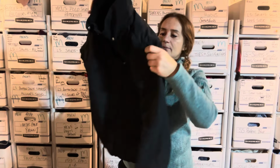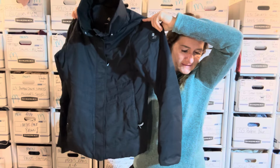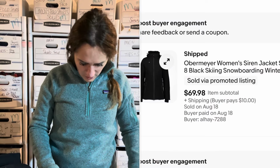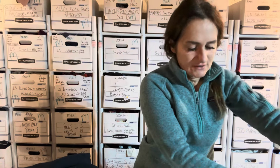Now I do promote my listings, so okay, what else have we got? This Obermeyer jacket, I'm pretty sure came in my last Mixed Women's Rescue boxes. This was missing the hood, but it still sold for